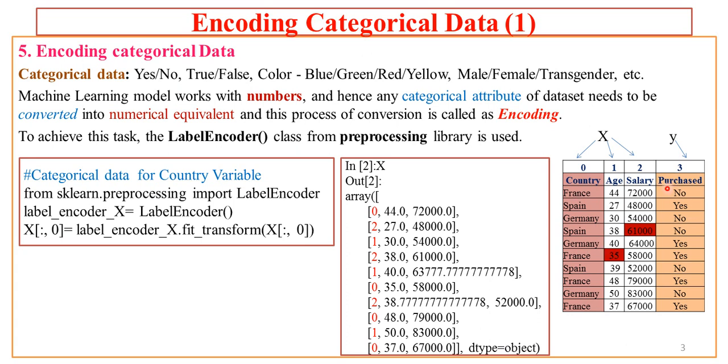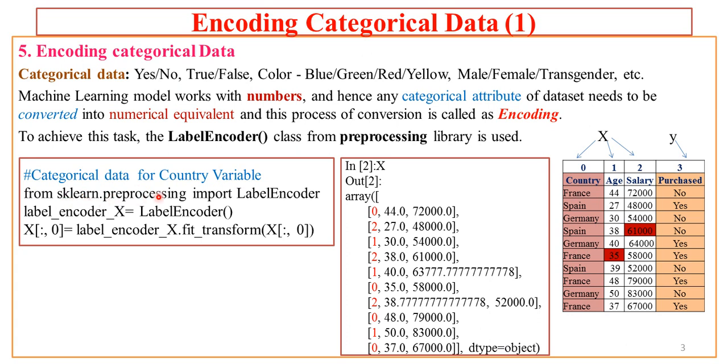Now this is the data set. I have just revised it for your understanding. In this entire data set, we have two columns with categorical data: column index 0, country, having three different countries appearing frequently, and purchased, where we have only two categories, either yes or no. Now we need to convert this categorical data into numeric data using an encoding scheme, and for that we have certain steps in Python. So let us focus on the coding part where I am pointing here now.